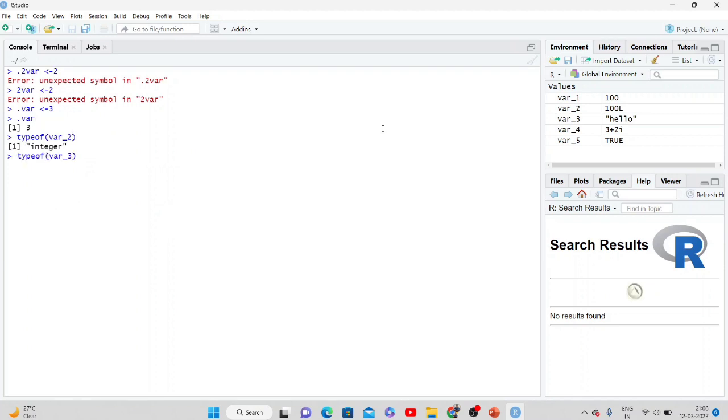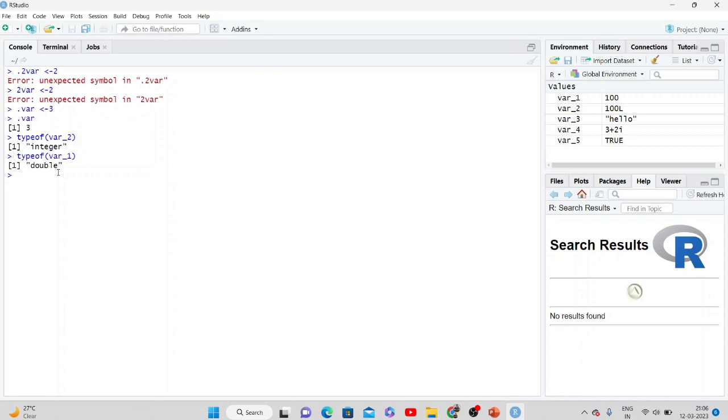Variable 1, it is double. We have assigned 100 to variable 1, and if we say the class of that variable is numeric, but inside the numeric class there are various low level types. So for that, double is there. In that way you can check all the types of different data objects.